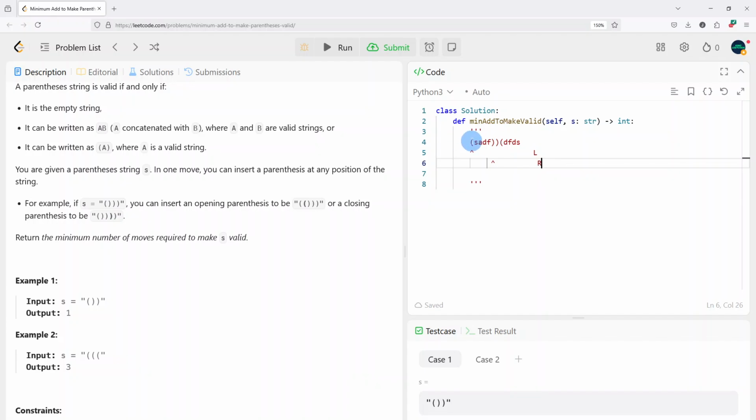We have to first check if there's a left parentheses, in which case there is. So let's say L equals 1. So here, because L is greater than 0, this R is okay. And then you would also say L minus equals 1. So then now when you hit the next parenthesis here,